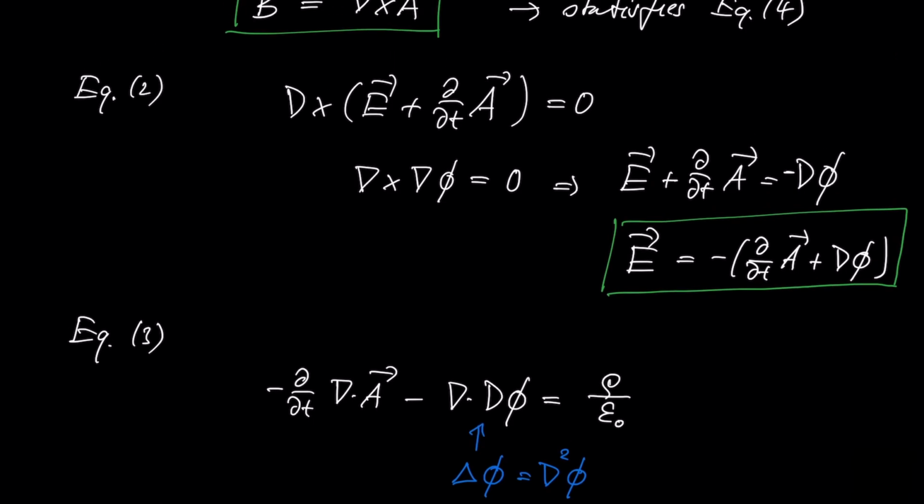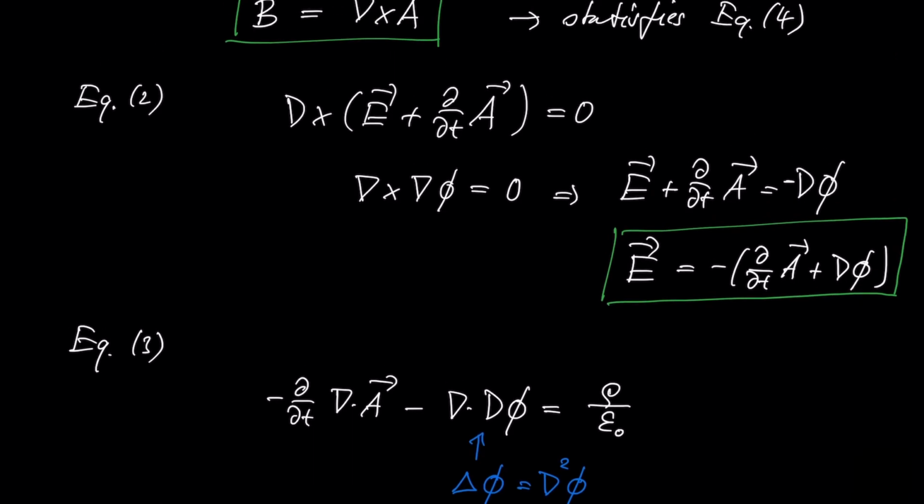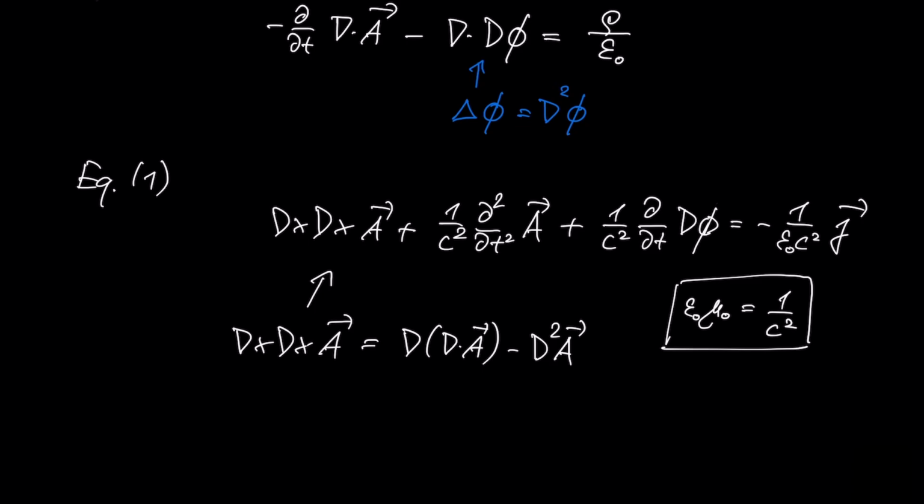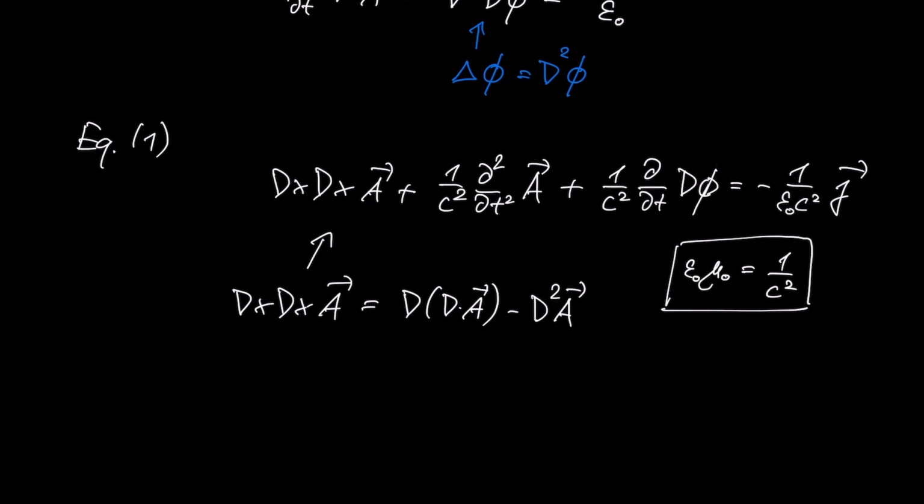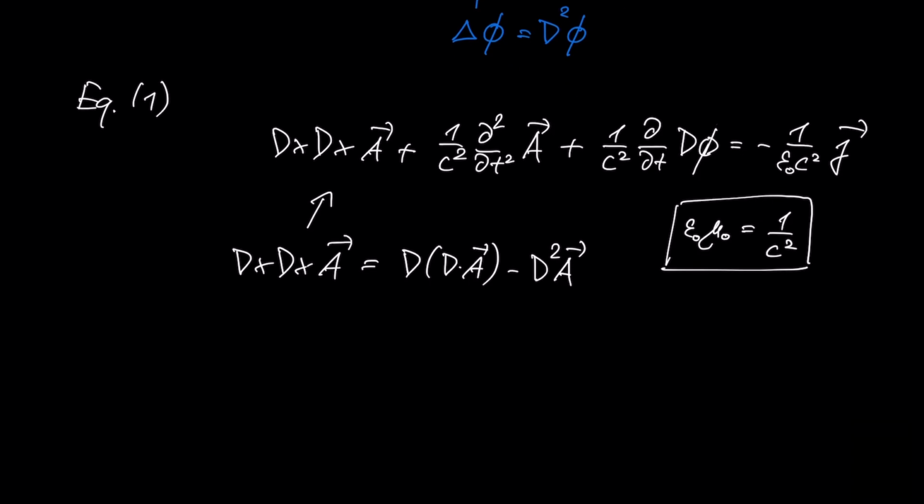So we have, with the potentials, two definitions of electric and magnetic field in terms of the potentials A and phi, and then we have two equations which tell us which equations have to be satisfied for A and phi themselves. Okay, now there are several ways how one can deal with these equations. They are all based on the observation that if you make a transform of the potential from, let's say, A to A, and adding a vector defined as a gradient of a scalar field. So here we have some arbitrary